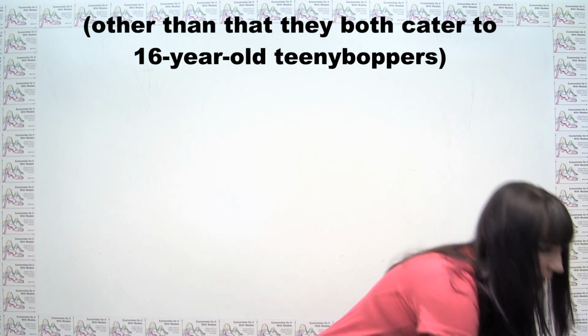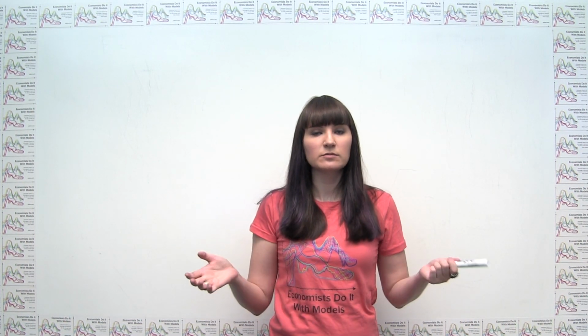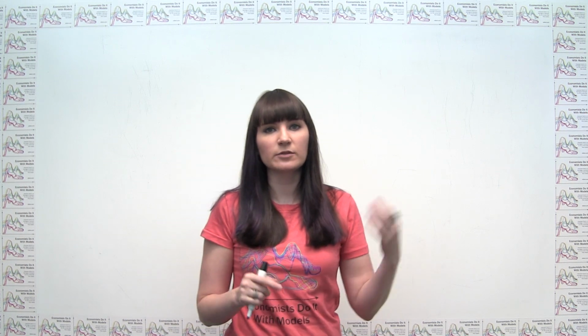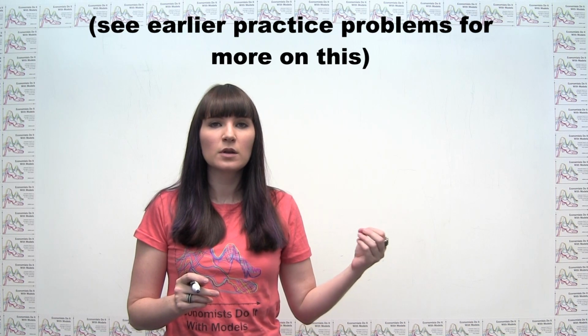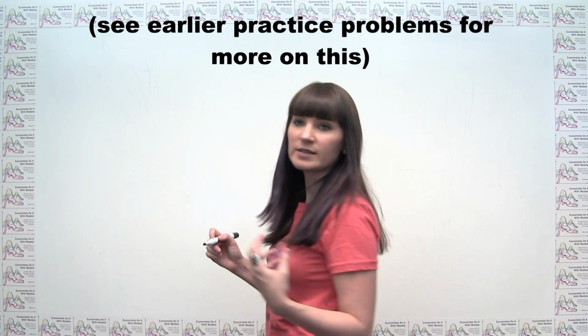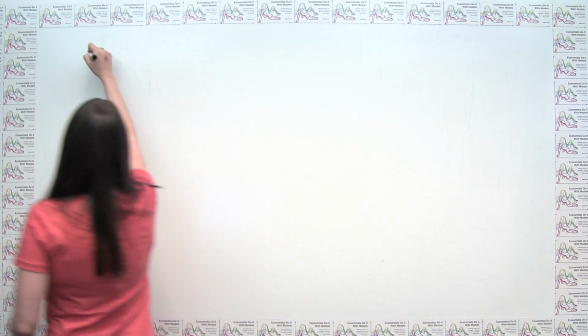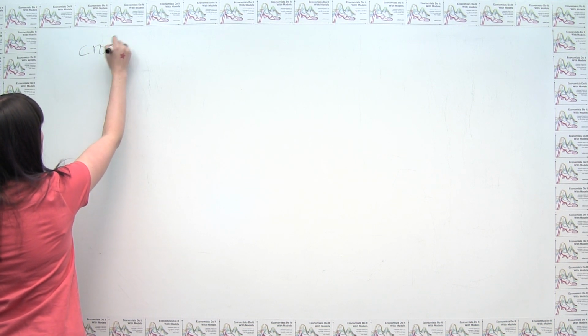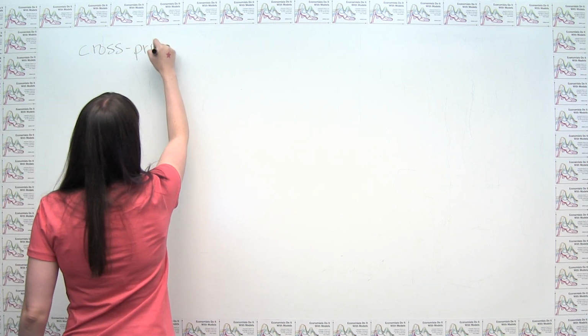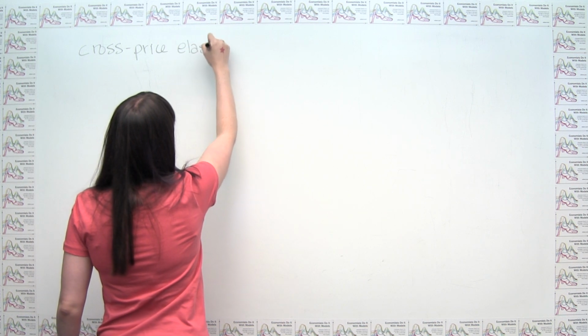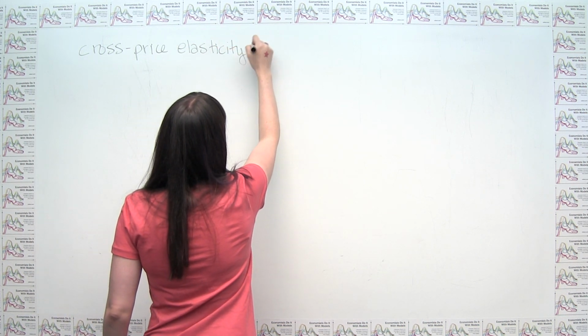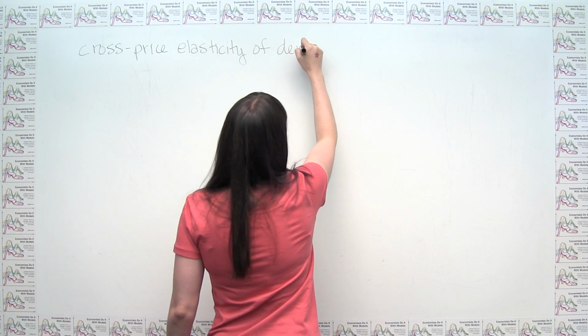So the first thing that we have to do is think about what cross-price elasticity of demand actually means. We had price elasticity of demand, which was just the percent change in quantity demanded of a good, divided by the percent change in price of that good. And now we have cross-price elasticity of demand. Let's write this out. And what that is